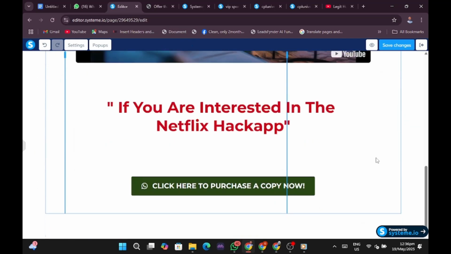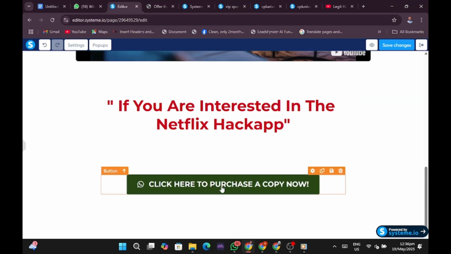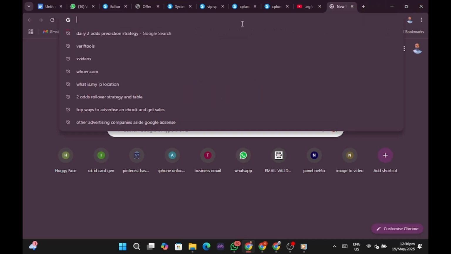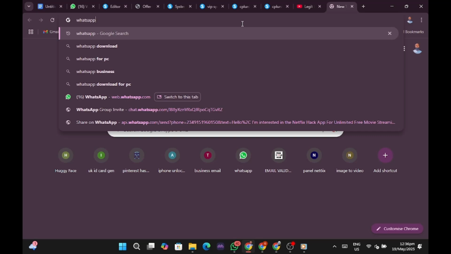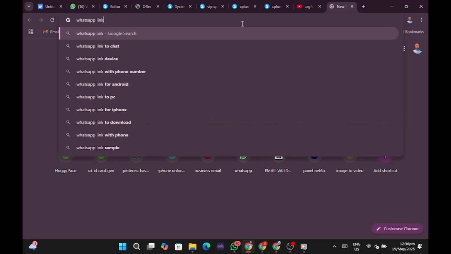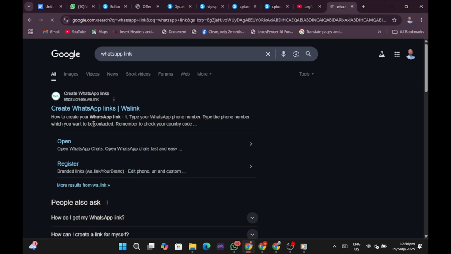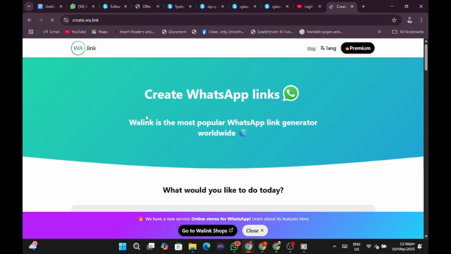Very simple and easy. So the next thing you're going to do is add your WhatsApp link here. You know how to generate a WhatsApp link. We all know how to generate a WhatsApp link. If you have a group or you want a direct DM to your WhatsApp, what you're going to do is go to Google and search for WhatsApp link. This is where you create a WhatsApp link. Click here, create a WhatsApp link. Visit this site,